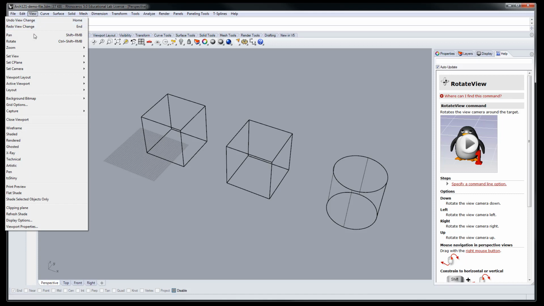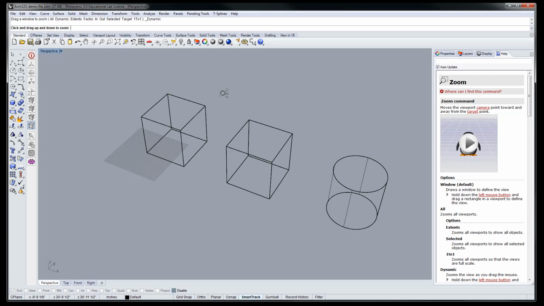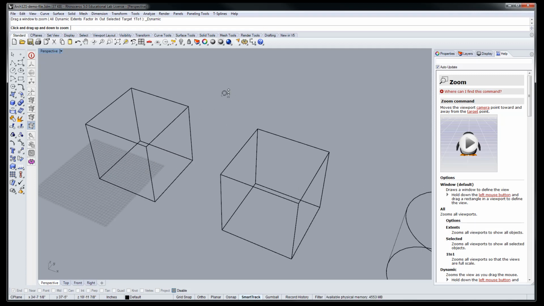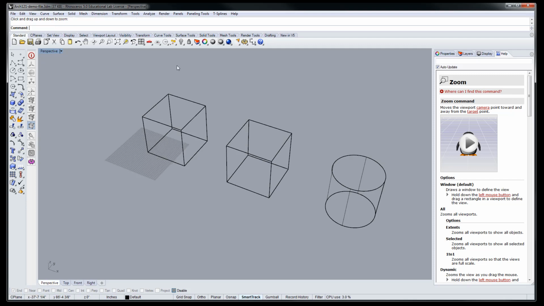If you go to zoom, you have several different options. Any of these arrows means that you have several different options. Let's hit dynamic for one. If you hit, it looks like you'll zoom in and out and such, okay? You can also go ahead and when you're in the standard tab,